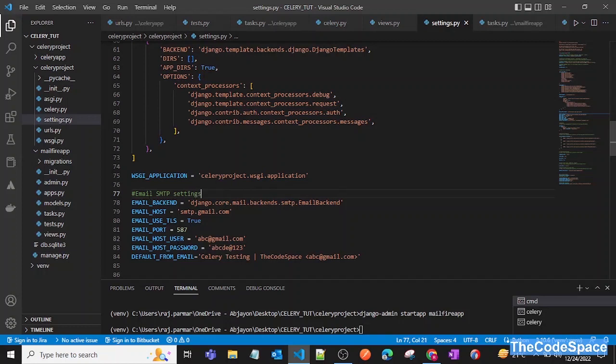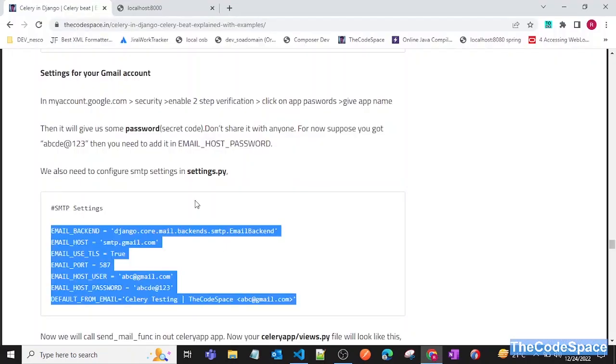Okay, and here we need to add from which user we want to send the mail. So I will assign my email ID, which is rajfarma@gmail.com, and then we need to add the password here. As of now I will generate one password for this email. For that we need to go into my